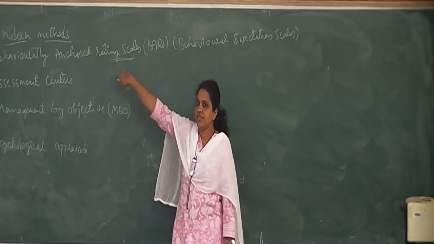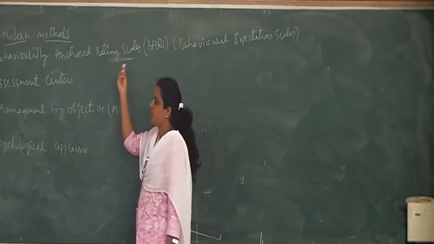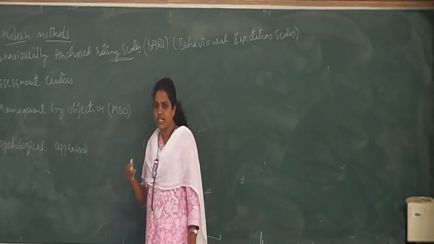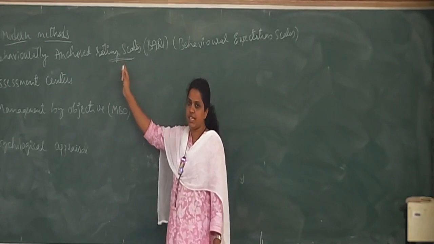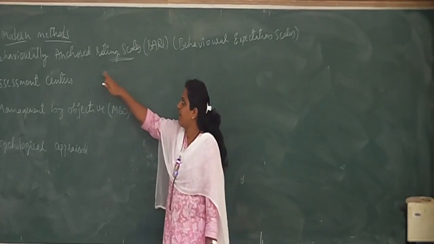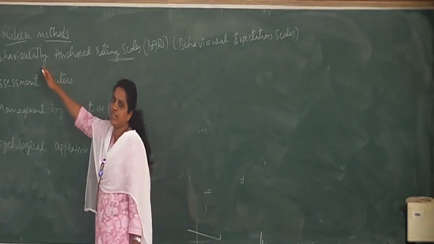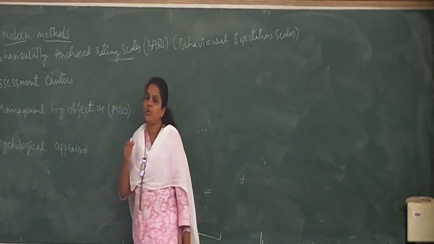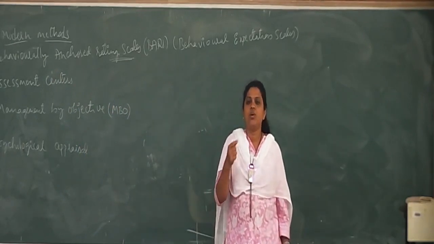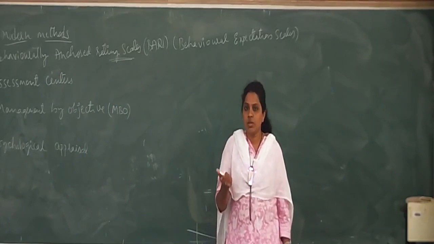Rating scales, as we have studied in the traditional method, what are the rating scales? There will be 1 to 10 or 1 to 5, like excellent, poor, okay, satisfactory, average, like that different rating scales will be there. But not just rating scales, they are anchored or attached with the expected behavior. If I want to give that watchman as excellent performer, then what should be his job behavior? What should be the expected job behavior?